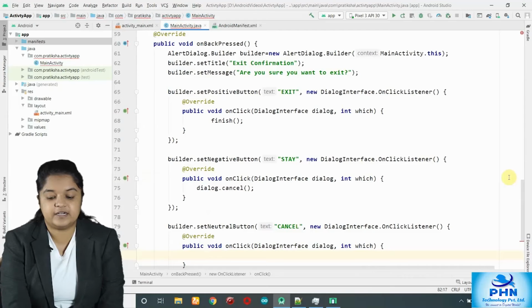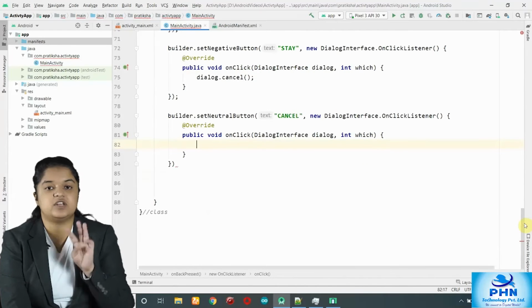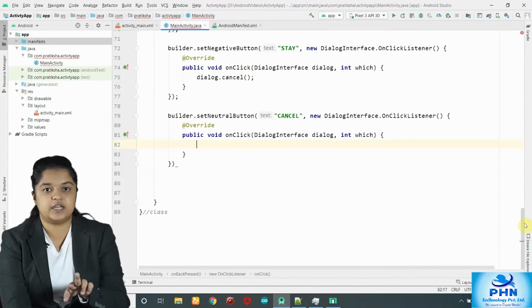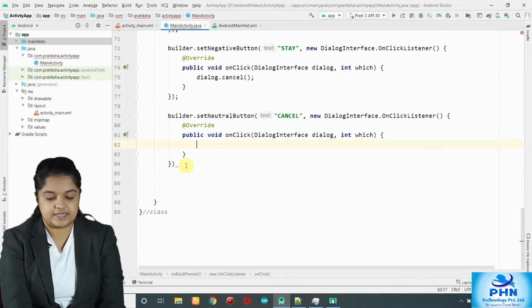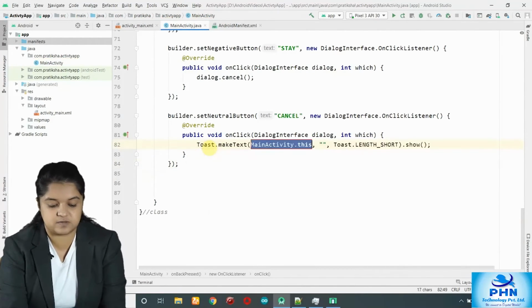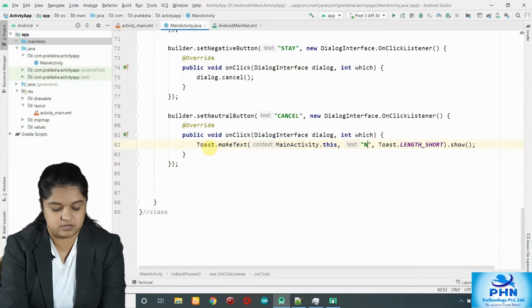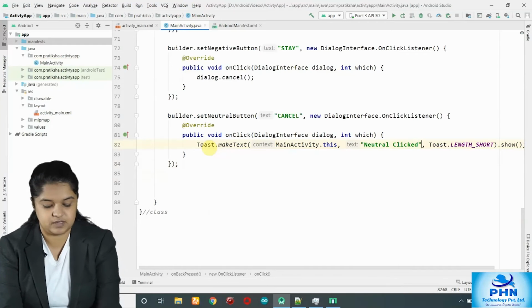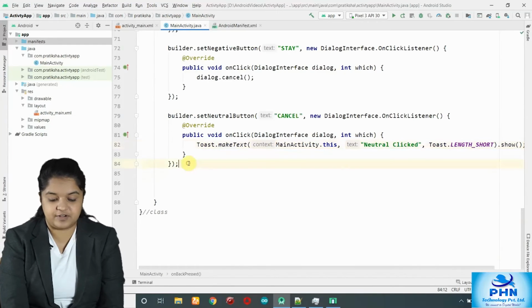By default, AlertDialog.Builder provides these three buttons: positive, negative, neutral. Add a semicolon. If you want to do anything, let's say we'll print a toast message: Neutral clicked. Now we have designed it.